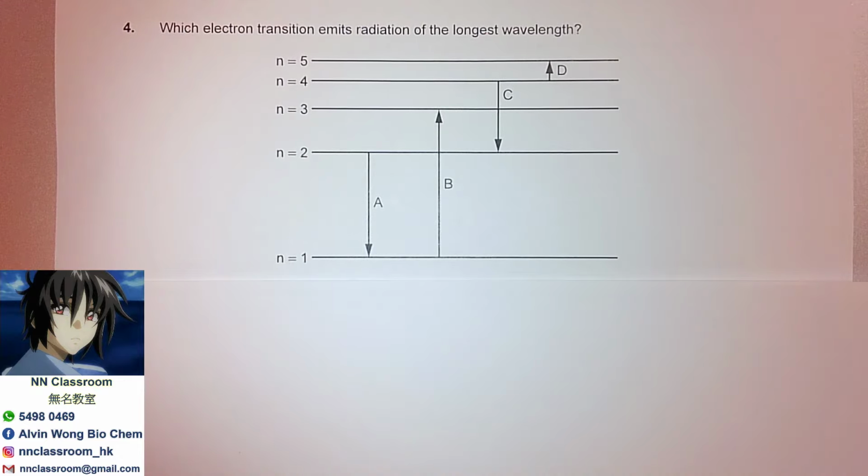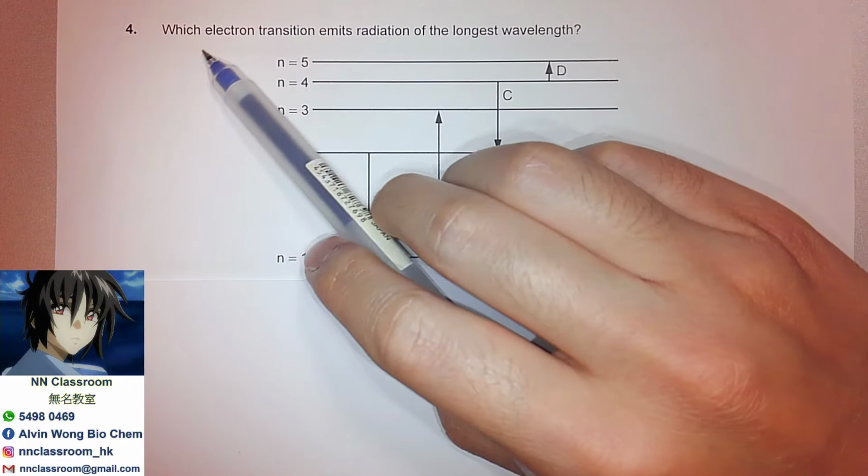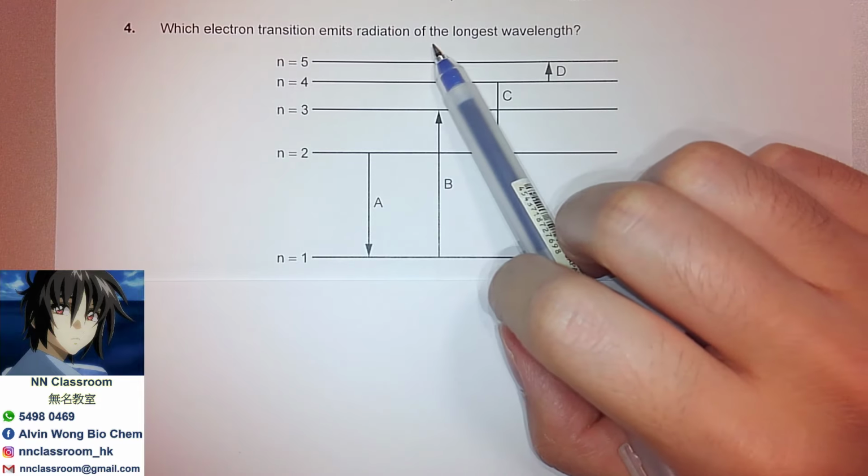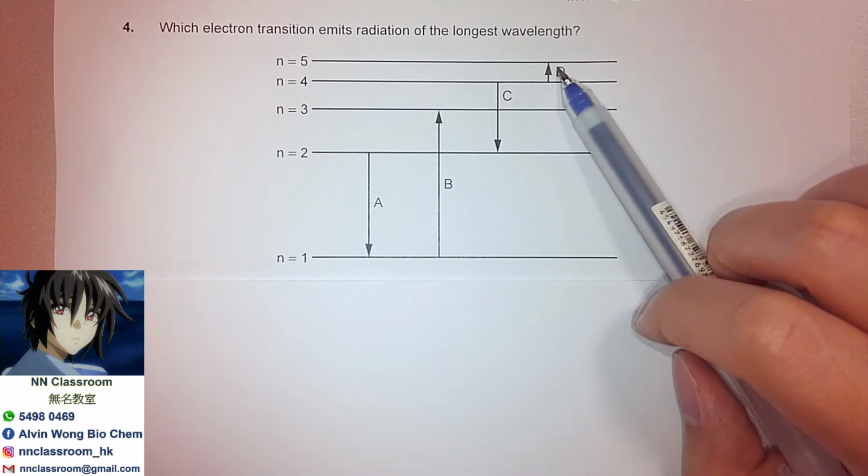Today I'd like to share with you a past paper question from 2017 time zone 2 in May. So that is question number 4, asking concepts related to topic 2, the understanding of a very important concept, emission spectrum. Let's see, asking which electron transition emits the radiation of the longest wavelength. So giving you all the choices.